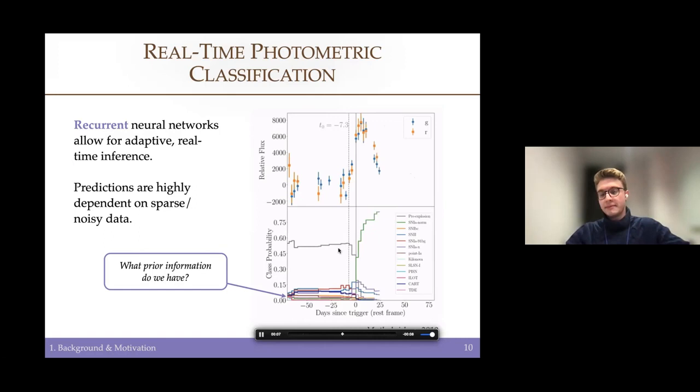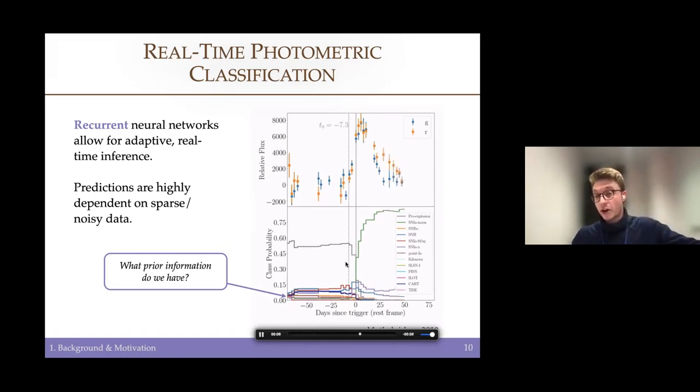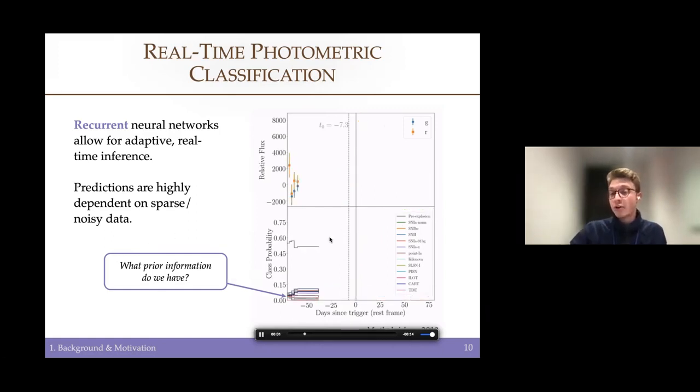RAPID is constructed to assume this pre-explosion class before the trigger, and all of the other class predictions are suppressed up until your trigger. And so this eliminates any prior information that we might have about where and when supernovae might occur. So we can hopefully improve real-time classification efforts if we take into consideration some of this prior information and reduce the dependence on these first early time photometric observations.